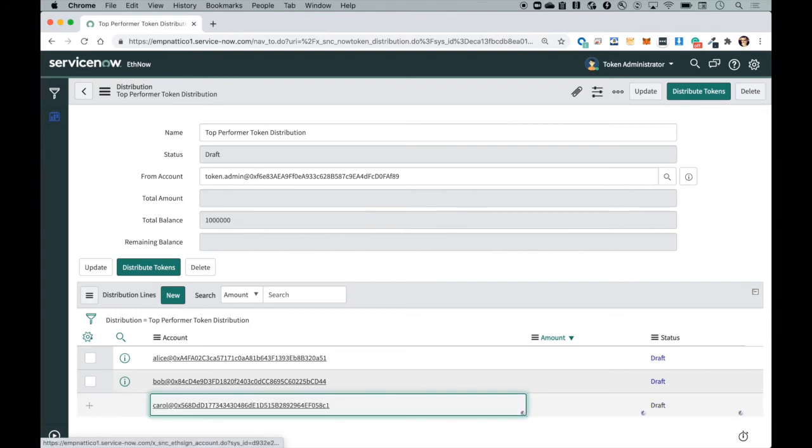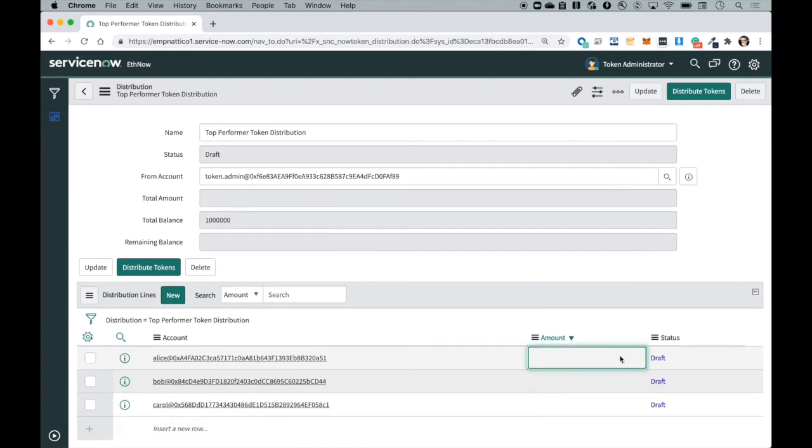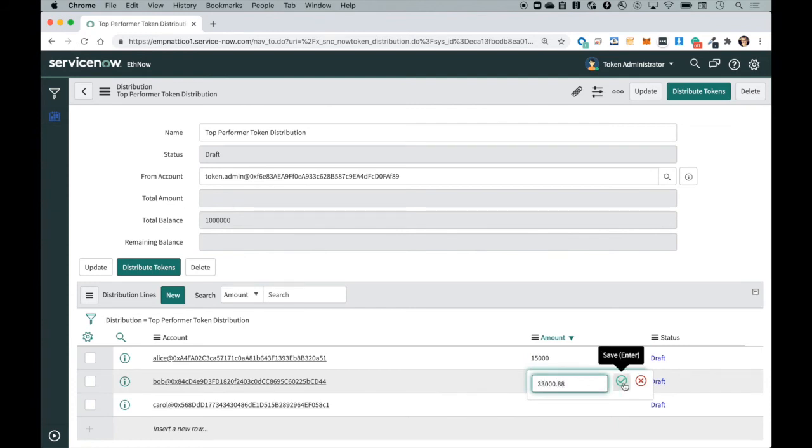And I want to give 15,000 to Alice, 33,000.88 to Bob, and 99,777 to Carol. Okay. So the token distribution now is ready.